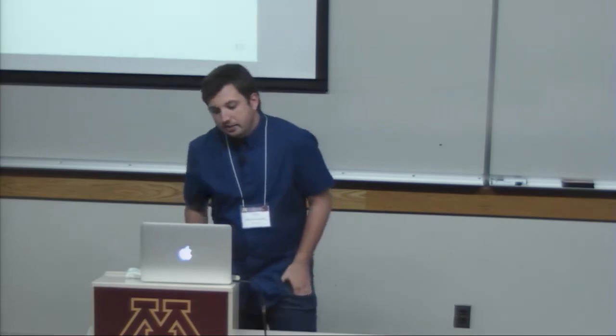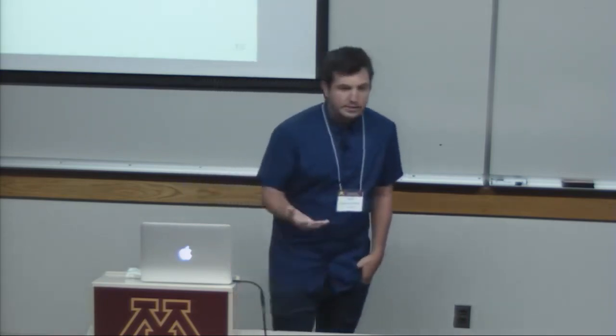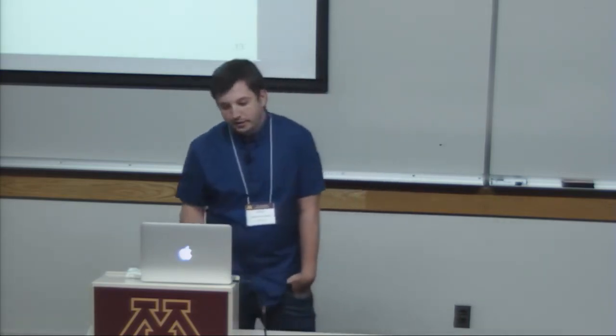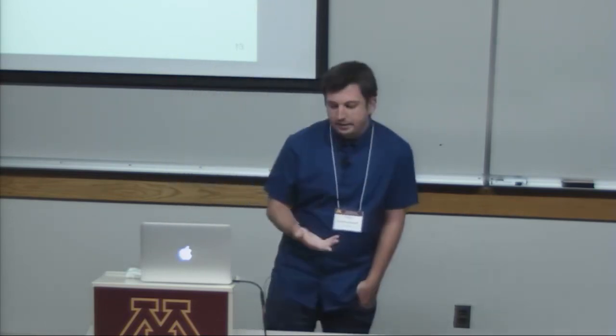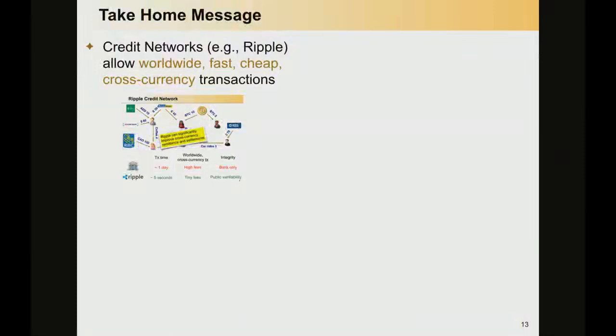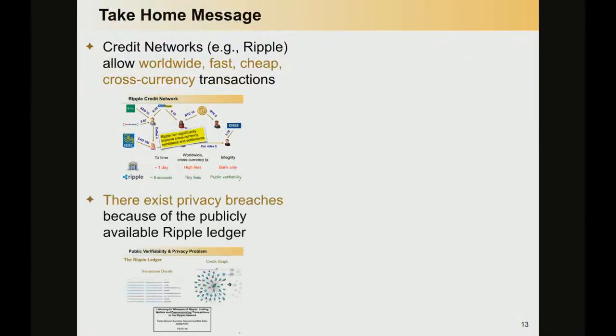So in the last 10 seconds, let me tell you the take-home message or the main ideas for our work. So we have seen that credit networks like Ripple or Stellar allow for worldwide, fast, cheap, and cross-currency transactions. However, there exist privacy breaches, privacy concerns, because of the use of a publicly available Ripple ledger. Nevertheless,